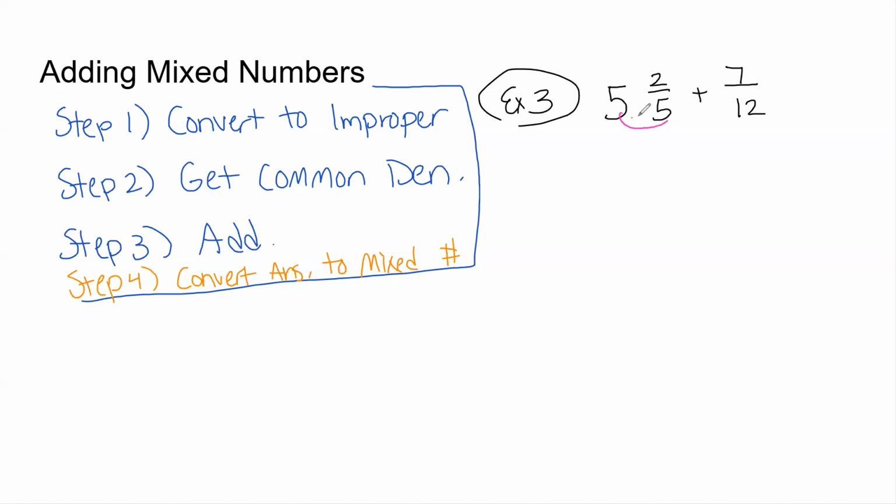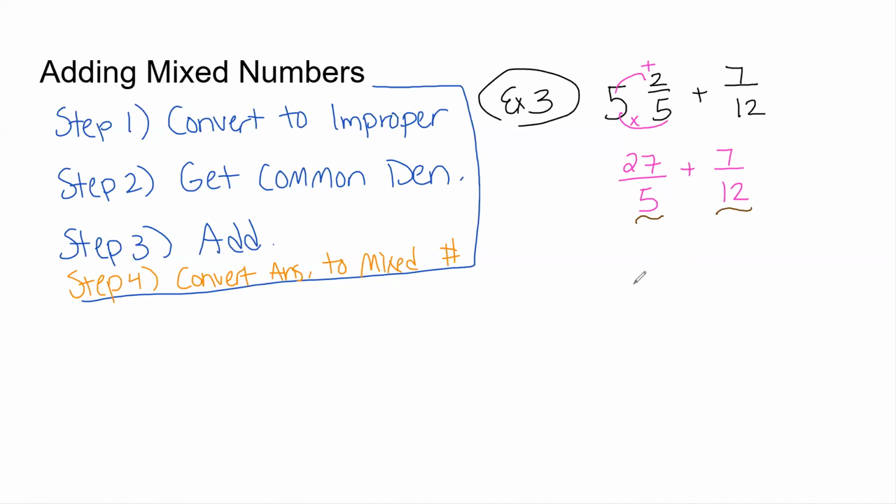So 5 times 5 is 25. Hold that in your head. Add 2. Okay, so that would be 27. Keep the denominator. And now the other one, technically this is a 0 there, but you don't need that. Just bring that down. You don't have to convert that because it wasn't a mixed number. So now we're at the pink, but those are not ready to be added because they do not have a common denominator. Go through your times tables on 5 and 12. The first number that's in both of those times tables,